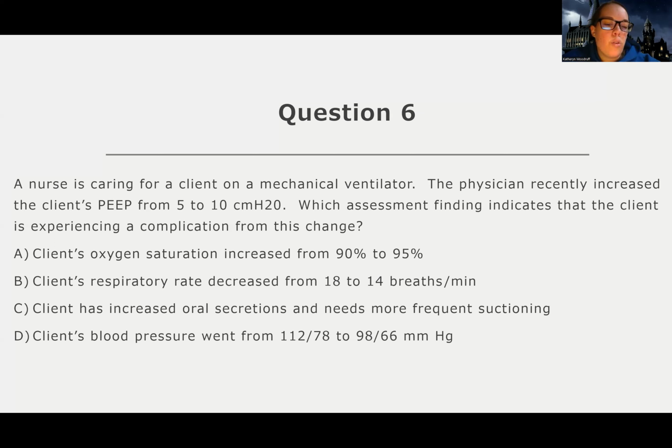The second one, client's respiratory rate decreased from 18 to 14 breaths per minute. So it is a decrease, and some people may be scared by that decrease, but a normal respiratory rate is anywhere like 12 to 20. So the respiratory rate's still normal. So it doesn't really seem like a complication. And it seems like if they were breathing a little faster and start breathing a little slower, it's not anywhere in danger territory. They might be more relaxed. It's a good thing. We don't sit there and worry if someone started breathing just a few breaths less. Now, if they were breathing 3 times a minute,